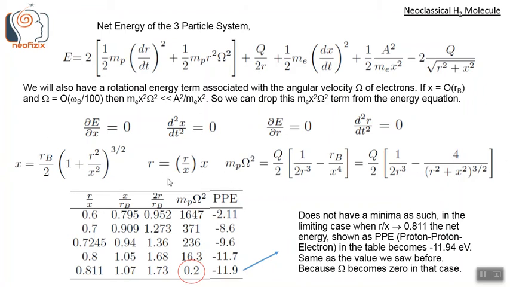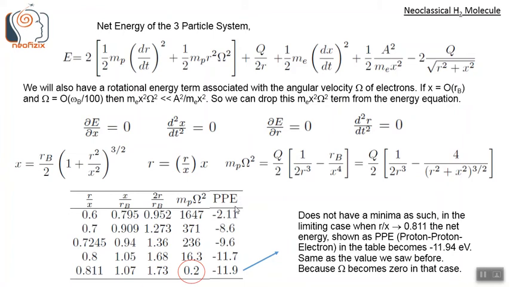So if we compile a table of values using this x, r and omega square expressions, we get this. At different r by x values, different ratios, like for example 0.6, 0.7, these are the different values we get. From this table we see that it does not have a well-defined minima as such, but it has a limiting case. In the limiting case, when the ratio r by x tends to 0.811,